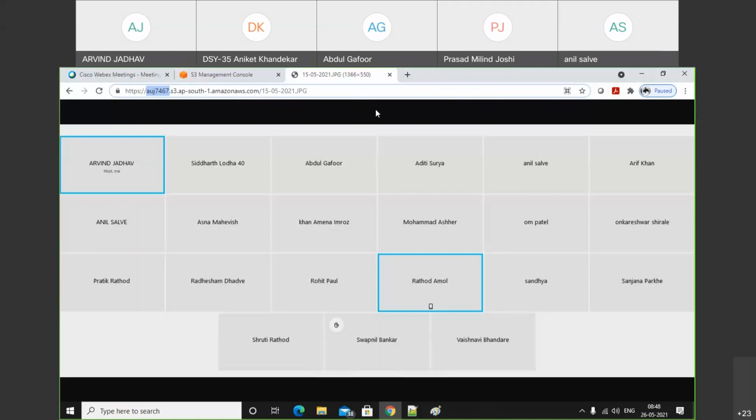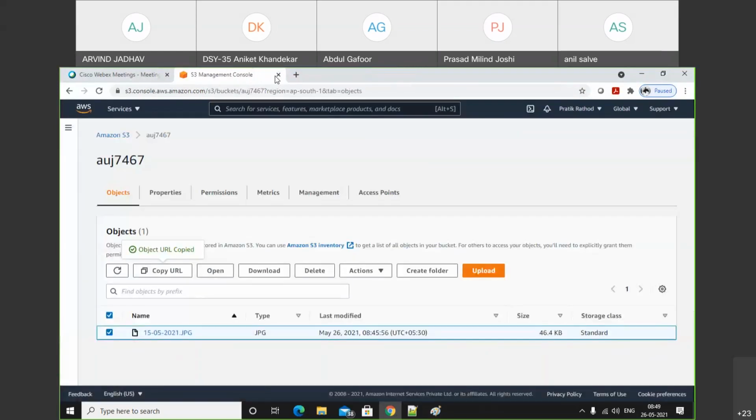याद रखना है आपको कि जब भी आपको बकेट के अंदर के कंटेंट को पब्लिक करना है, if you want to make it public, in that case आपकी बकेट पहले फर्स्ट ऑफ ऑल पब्लिक होनी चाहिए and after that individual files we need to make public. Okay, so let's do another example.